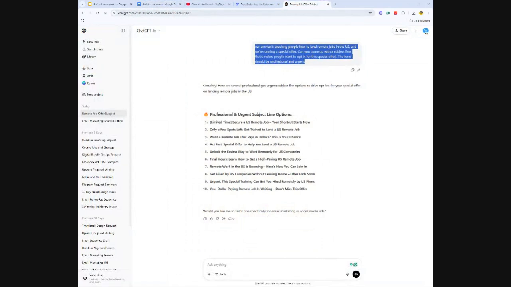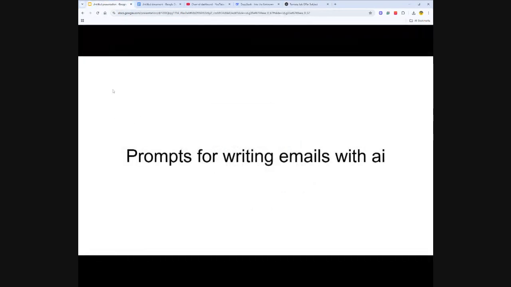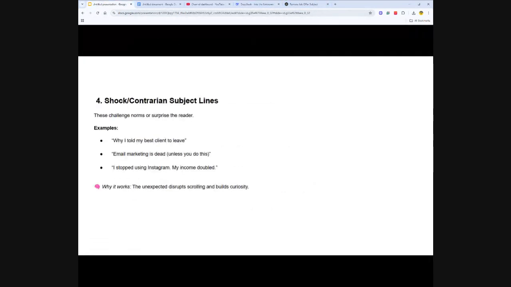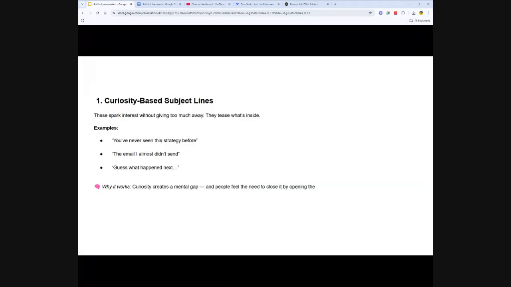So final hours, learn how to land a high-paying US remote job. Remote work in the US is booming. Here's how you can join in. You can see that these are all good subject lines that have curiosity, they have urgency. Now, if we go back to our lessons and we want to take a shock type of subject line, or a benefit-driven subject line, since we're already using urgency or curiosity-based subject lines,